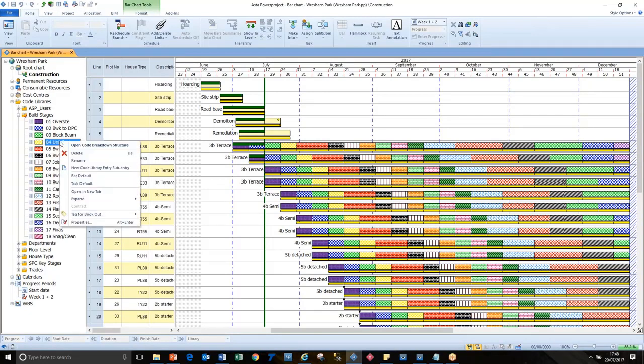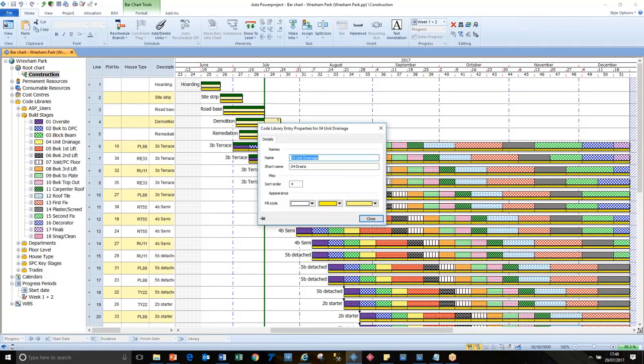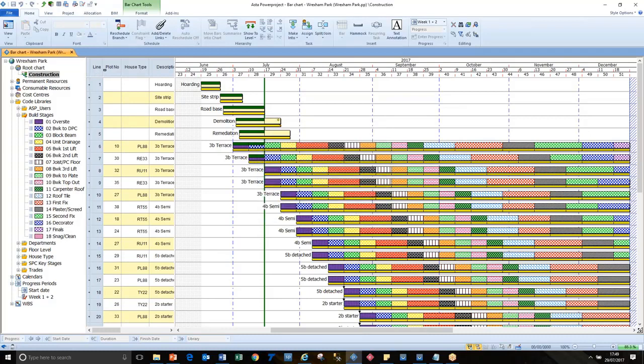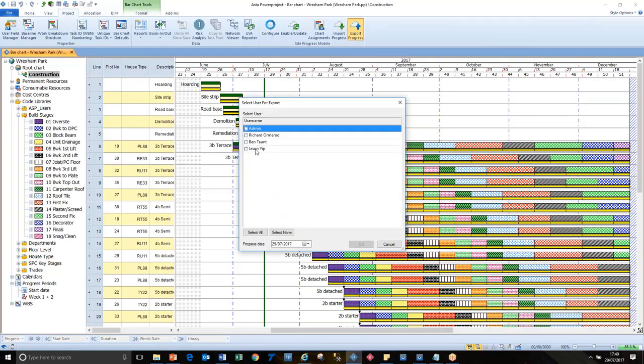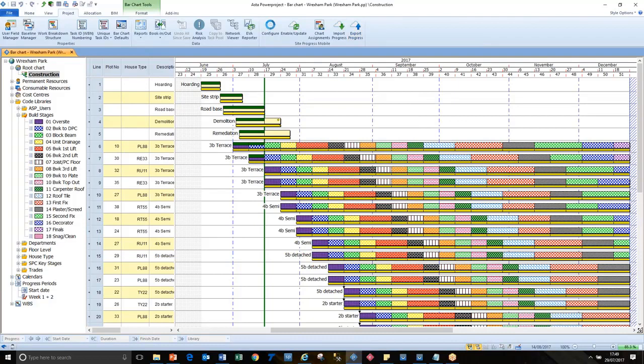But the other thing to realize is that on each of these items, this is a short name. This will be displayed at the head for that particular condensed information, and it will appear in the fourth place. So this is how we set the order of, if you like, columns in a spreadsheet that will be displayed. So we've got those activities already done. We can take this individual task now and we could export it and choose which users and what the date is. But before that, I want to talk a bit more about other things,